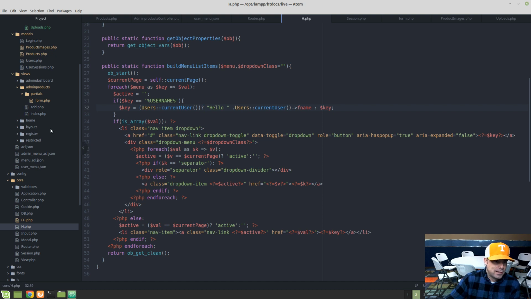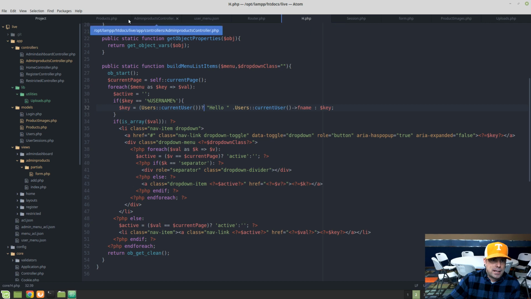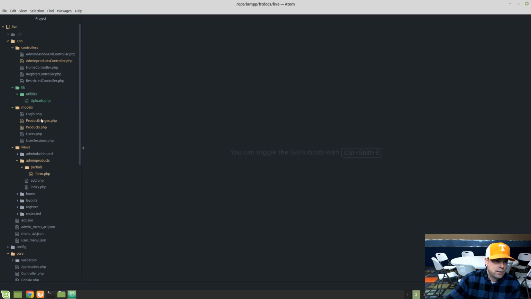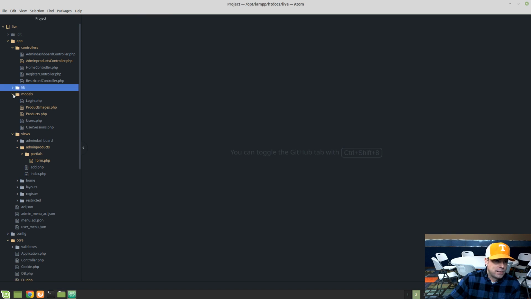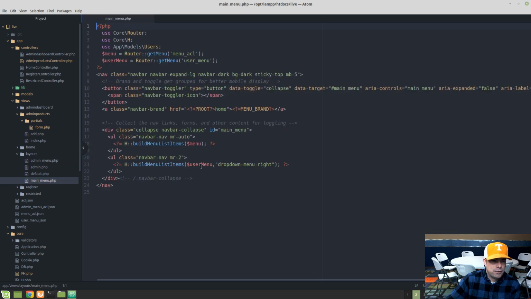So the way you use this now, which is really cool, is since I've added that, let me close some of these files. The way that works now is inside of your views and your layouts, wherever you add the menus. If you look at the main menu file now, instead of having all the HTML in here, I just have the lists, and then what happens is